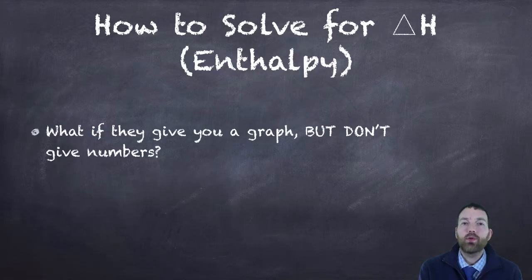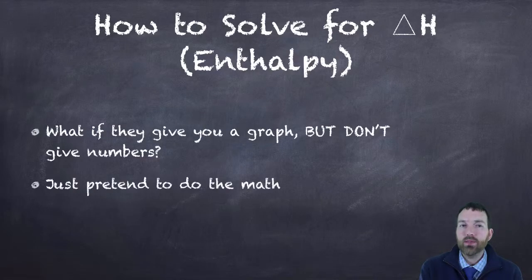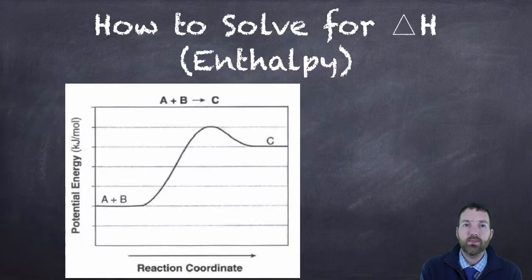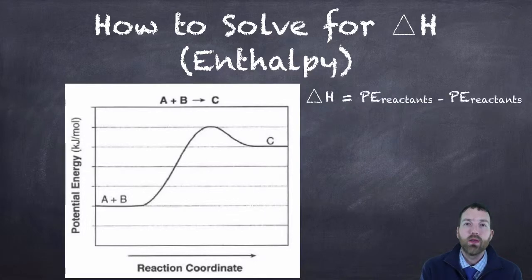Okay, so what if they give you a graph but don't give you any numbers? Just pretend to do the math. So you know the equation is potential energy of products minus potential energy of reactants. So in this graph here, if they want you to characterize the delta H, is this endo or exothermic, or would delta H be positive or negative? There's a couple different ways to do this. So if I use this equation, potential energy of products minus reactants,